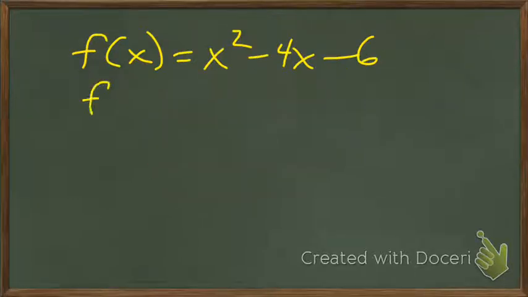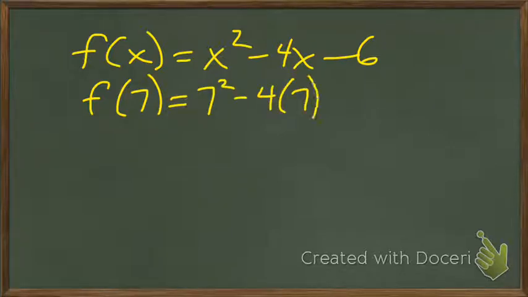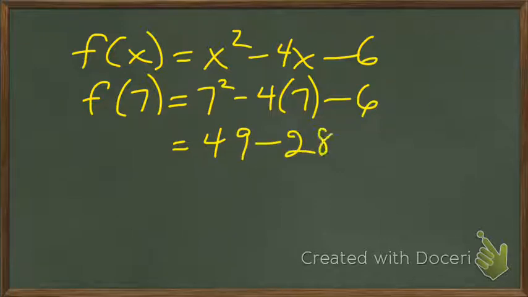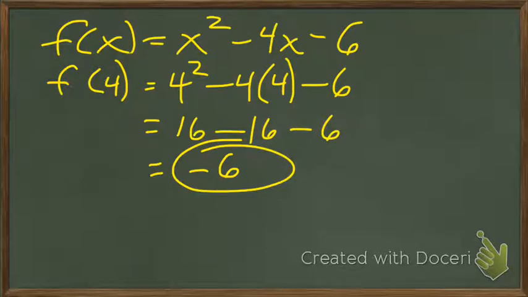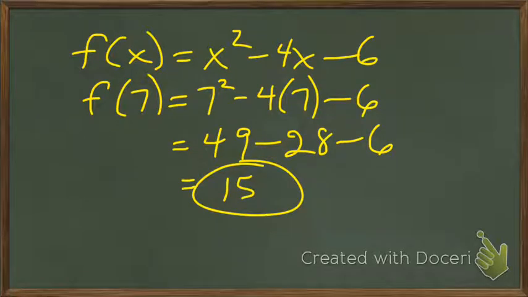When we do, 7 squared minus 4 times 7, take away 6. It's 49, take away 28, take away 6. The difference is 15. Okay, well, what we can take from that is that those function values, yes, they are